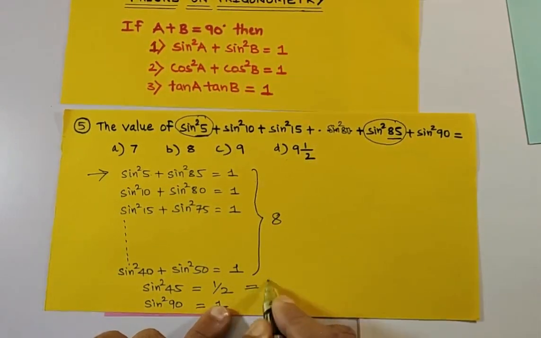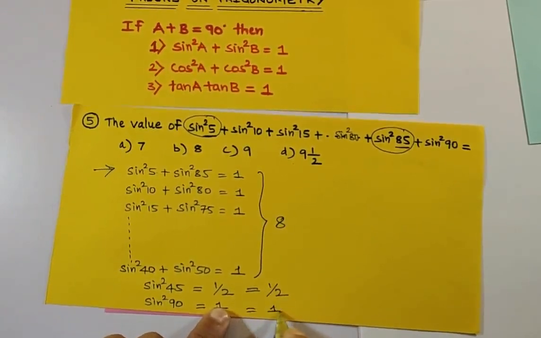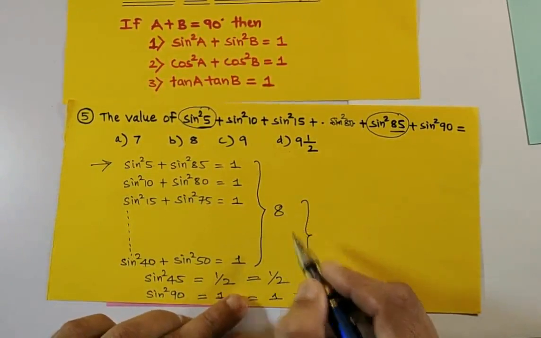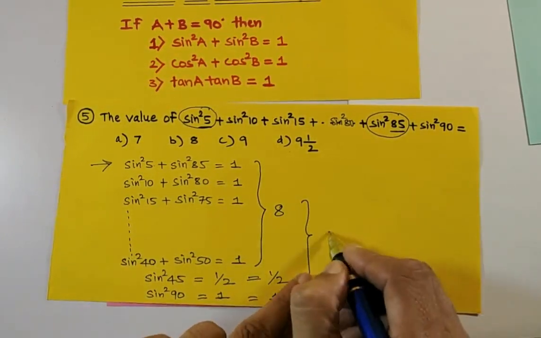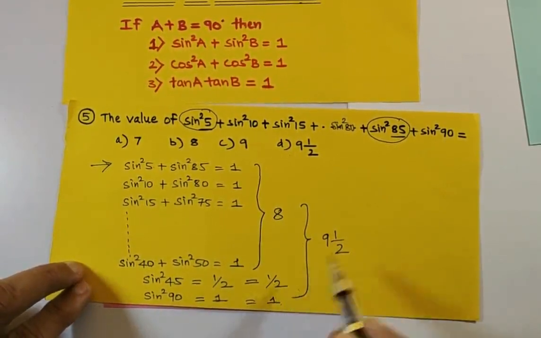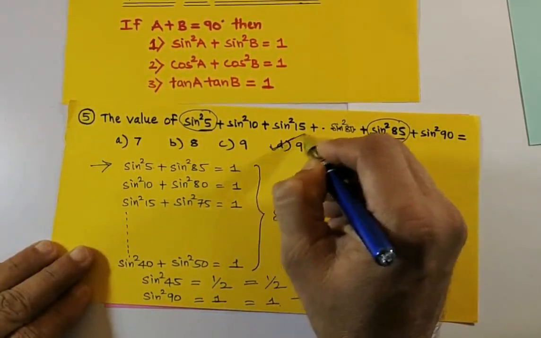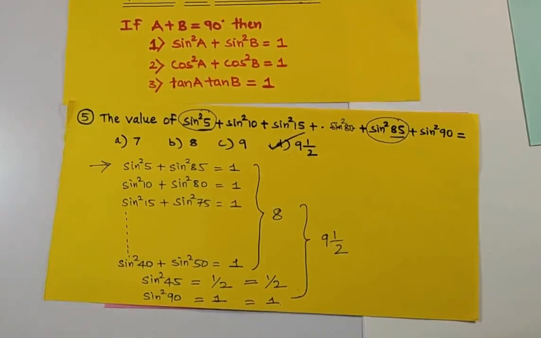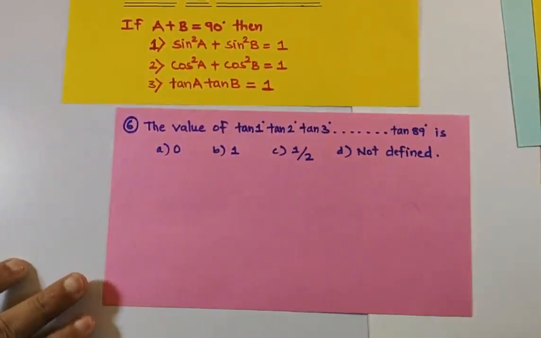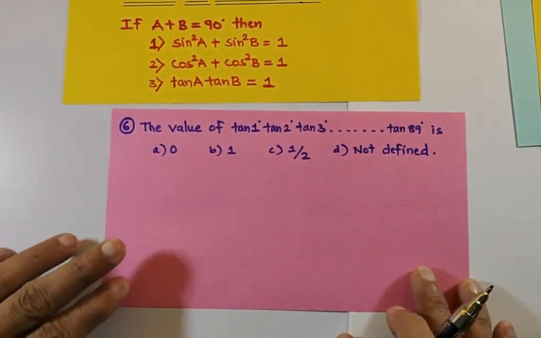Here 1 by 2 is there, here 1 is there. So again if you add these 3, 8 plus 1 is 9, and 9 and a half. So the answer is 9 and a half. So D is the answer. Clear, students? Similarly, sixth, if I take